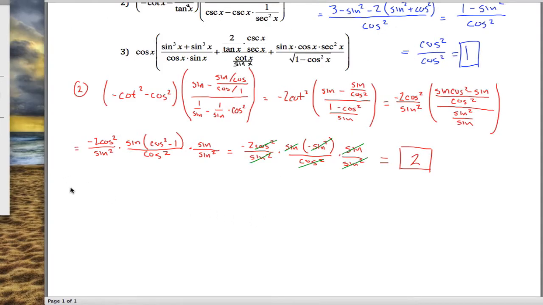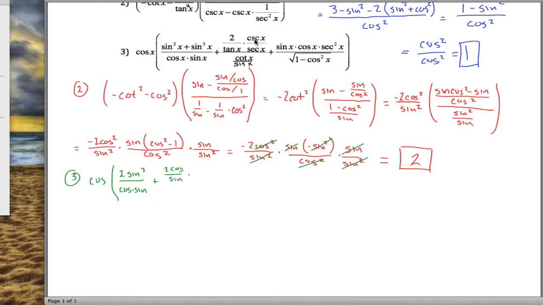Okay, and then the third one. Whew, tired. We can do that in kind of the same way we did the first two. Let's see, we got this cosine out here just hanging out. And then sine cubed plus sine cubed is 2 sine cubed. And then cosine times sine. And then to that we want to add 2 divided by tangent, tangent is sine over cosine. So that is 2 cosine over sine